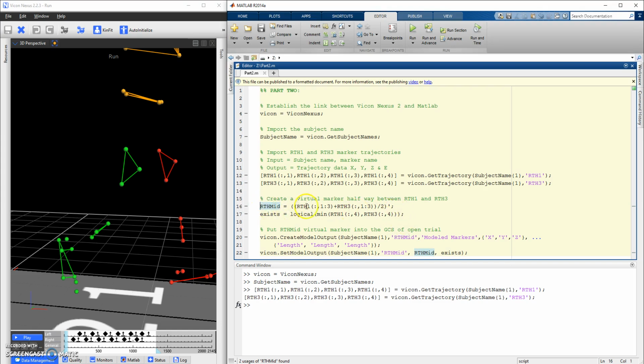So if I run this, you can see that it's got right thigh 1, and we're only using columns 1 to 3 because that's the data we're interested in. We won't need to do that to the exist column. Obviously, we're just creating a marker that is the midpoint. So we'll work out whether data exists or not in the next line. But for now, if I run this,